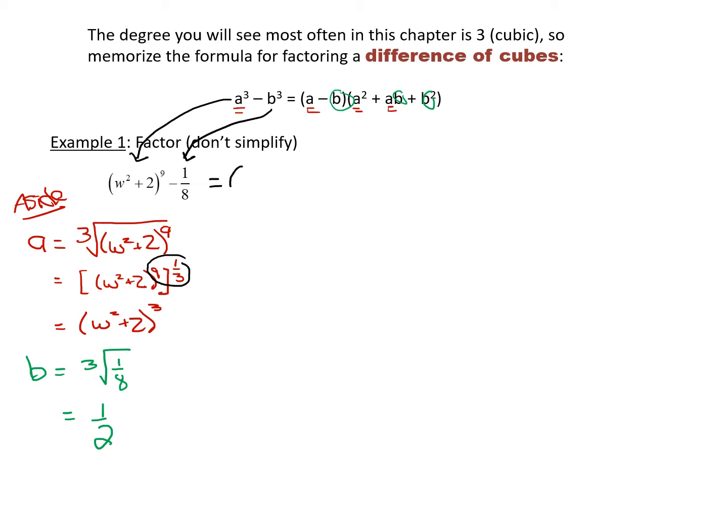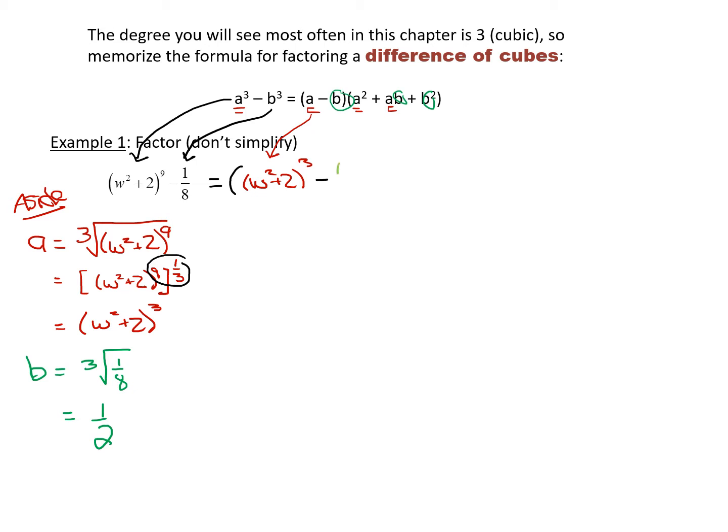So my first bracket is a minus b. Let me just highlight it for you here. My first bracket is a minus b. So I'm going to write a minus b. My first bracket, I'll use the same colors, is going to be w squared plus 2 cubed. That's the A, minus, and then B. And my B value is